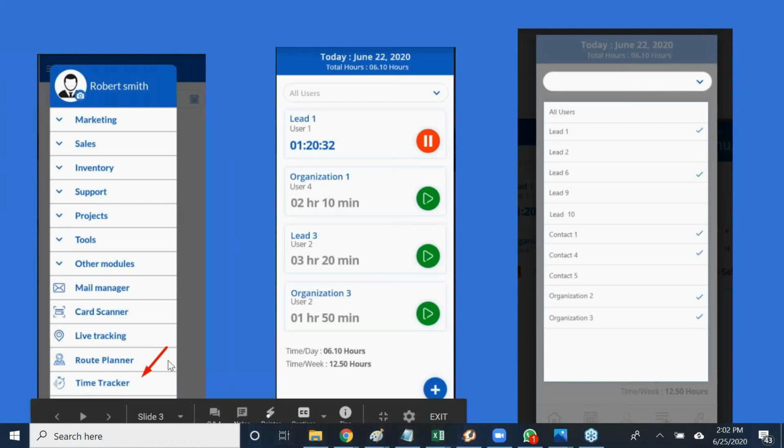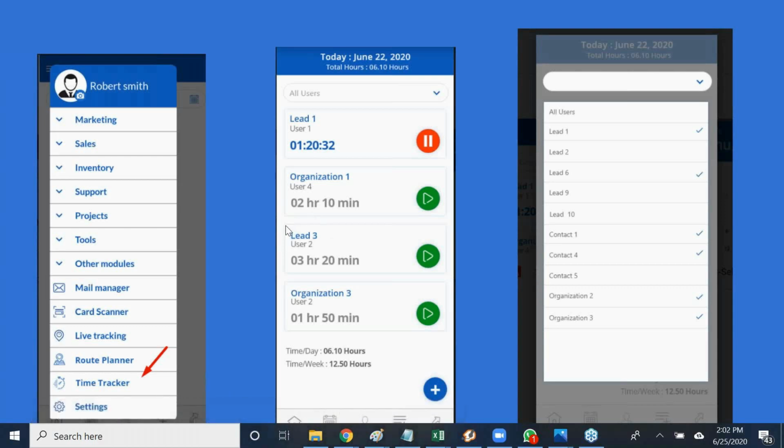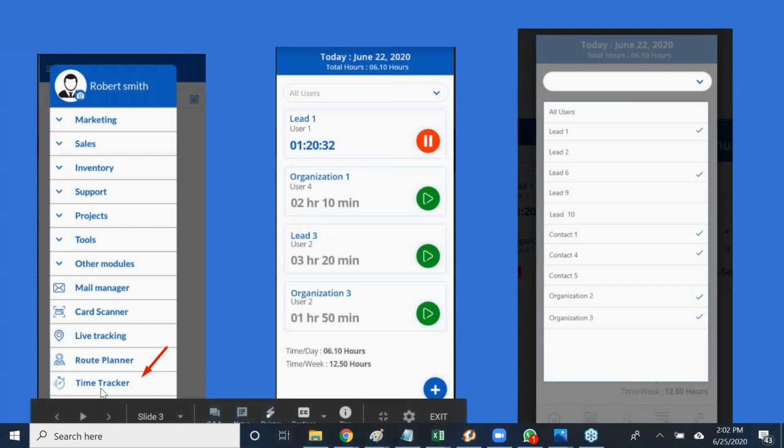As I showed you how the time is tracked against the contact, we are now going to have an option in the menu to see the time tracked against the contacts. So when I click on time tracker, it displays the list of the time tracked by the person for a day.